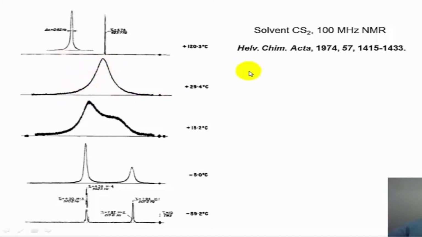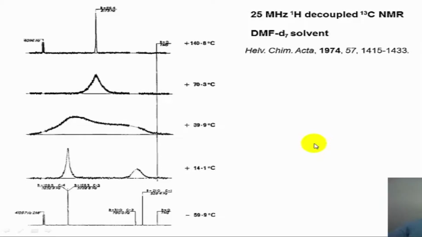And at 120 degrees, for example, a sharp singlet is what is observed for this molecule for all the 10 hydrogens. Now the 10 hydrogen intensity sharp singlet is essentially a statistical average of these two signals in terms of the chemical shift value. One can also study this molecular rearrangement by means of carbon-13 NMR spectroscopy.